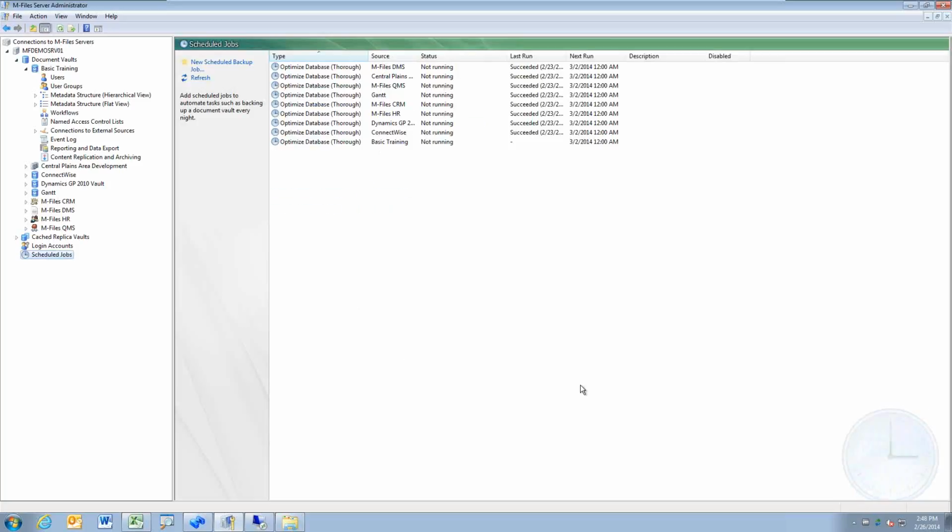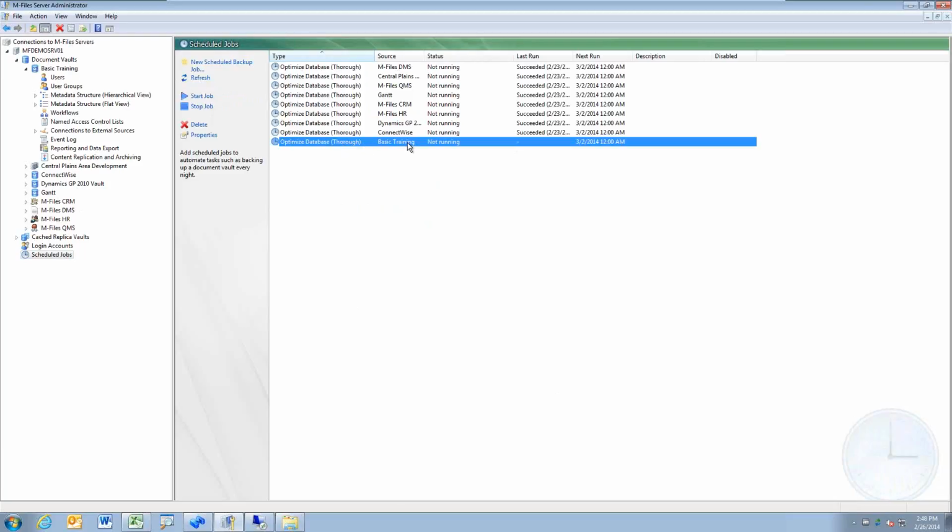All right, so I want to take a look really quickly at scheduled jobs. I just talked about the optimized database. Every time you create a new vault in M-Files, it's going to create this job for you automatically. It's the optimized database thorough job. So right here we've got the one for basic training